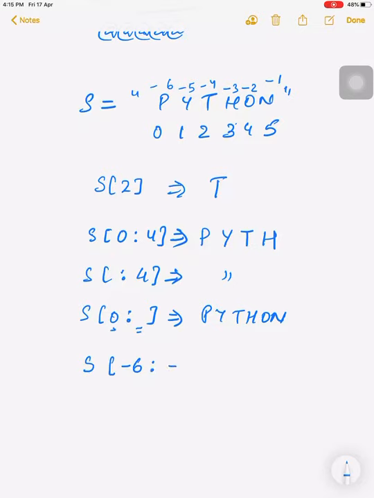It will start from the -6 place, that is P, Y, then T. H will not be taken, it will be -3, -1, that is -4. So only 3 elements will be in the output: P, Y and T.